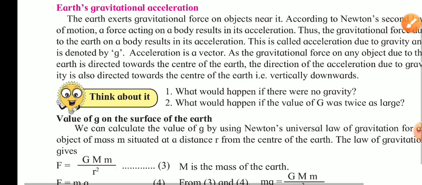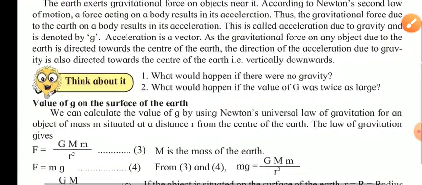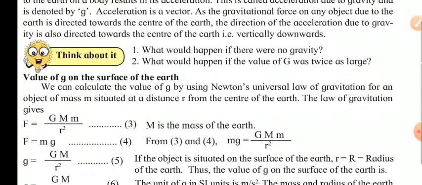This is called the acceleration due to gravity, and it is denoted by the small letter g. The acceleration due to gravity is a vector quantity, which has a magnitude as well